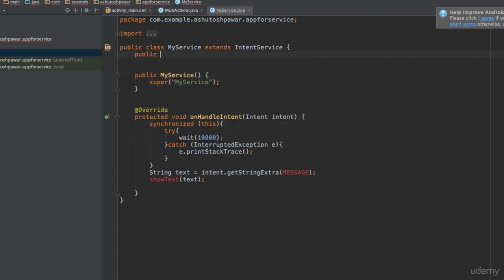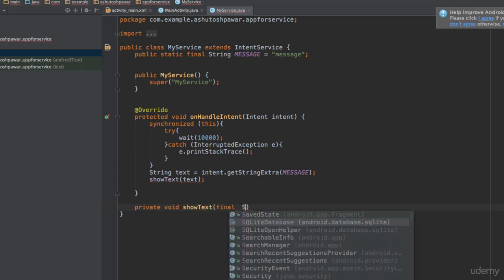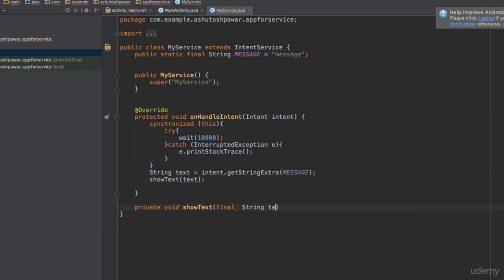So that's going to be public static final String message, and let's initialize this to, let's say, message. So once we have this, we are pretty much good to go. Now the next thing we need to do is create this showText method. We will type private void showText, and this is going to accept the message. So we'll type final String text,